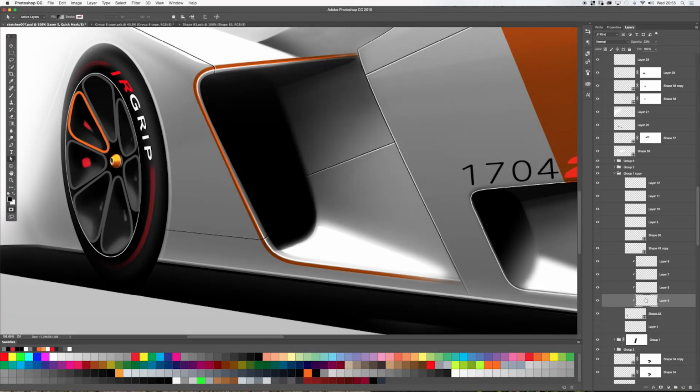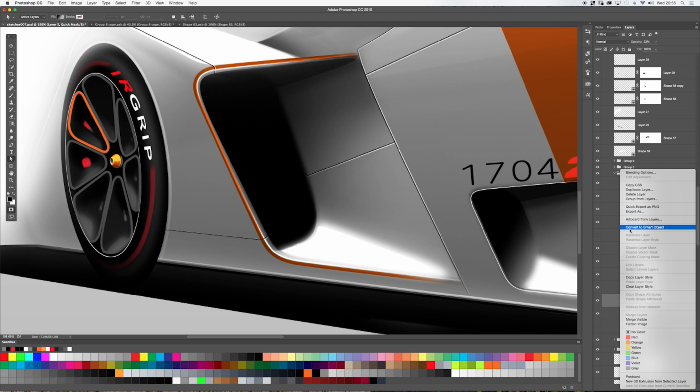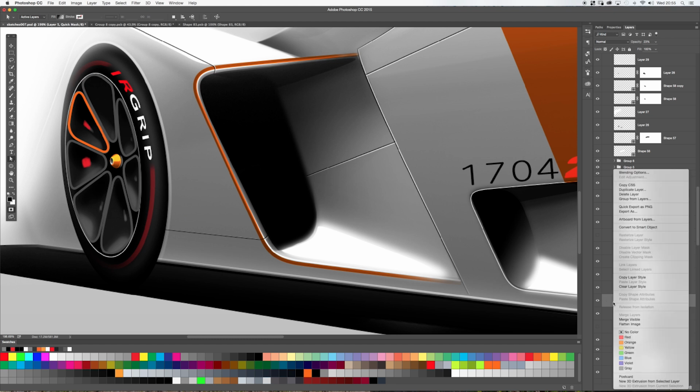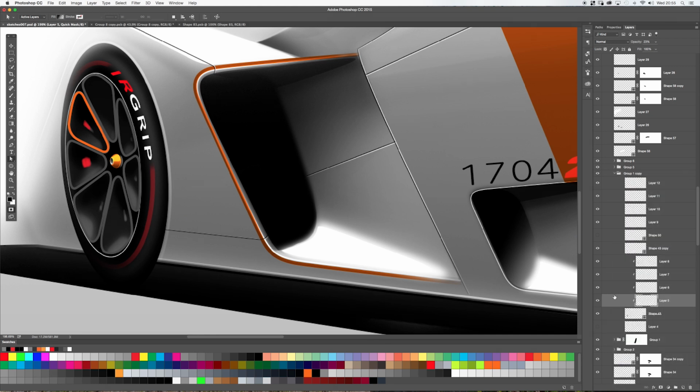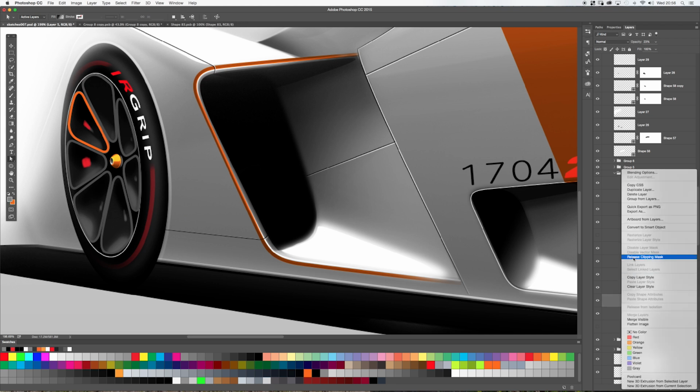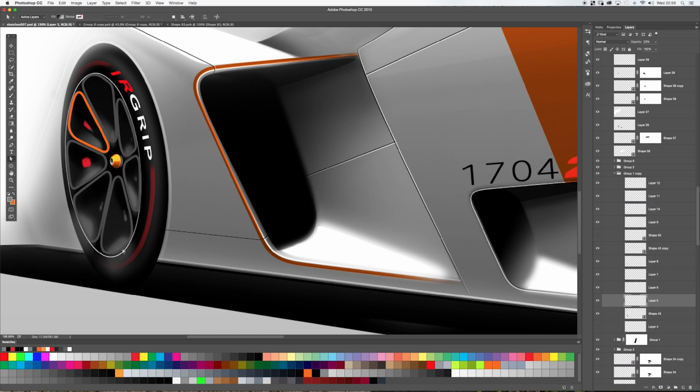Yeah, so that one layer is, if I remove that clipping mask, release, where's my release? Release clipping mask. I think it's meant quick mask mode, that's why. Right, release clipping mask. And you can see I just painted roughly, and it's gone without the bounds of the